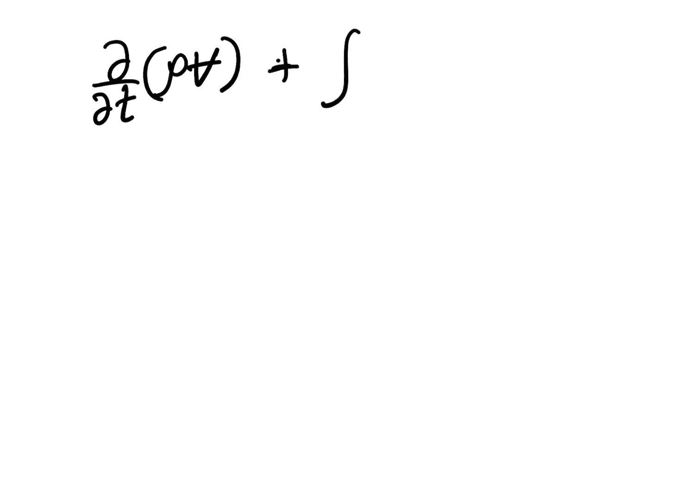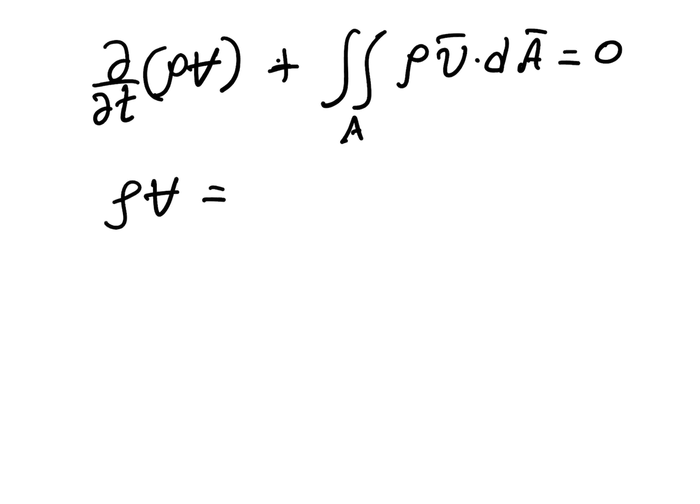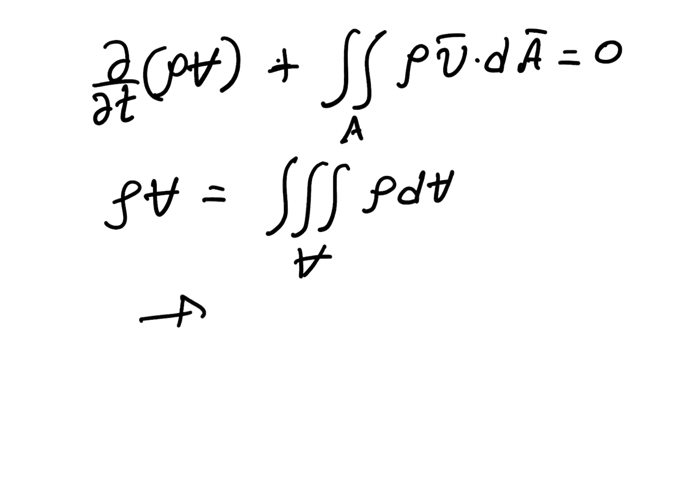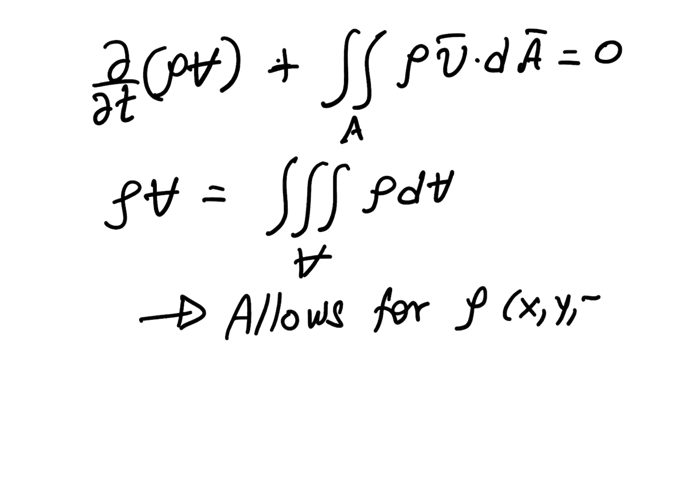Let me start again. So I have d over dt of rho times volume plus the integral over the area or control surfaces of rho v dot dA equals 0. Now I'm going to write rho v as the triple integral over the control volume of rho times dV, because this allows for density to be a position of space within the control volume. There is no restriction that density has to be constant or just be a single constant